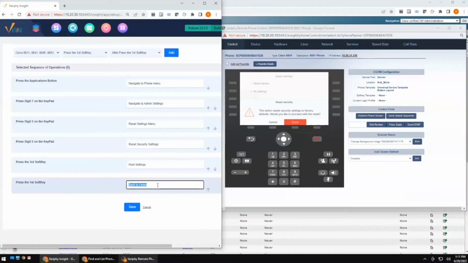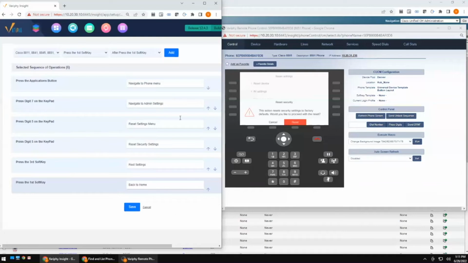Now, a great rule of thumb when you're running any macro, whether it be changing background images, deleting TFTP addresses, turning options on, or turning options off, is to add a pause between each one of these settings. Each phone reacts a little bit different. Newer model phones are usually pretty quick and responsive, as we saw on the right-hand side. Some of the older model phones take a little while for the menu screens to render, especially if you're doing things like background images. If you've got a ton of background images on your phone, you'll notice it takes a little while to render all of those images. So you're going to want to put pauses in between each one of these steps. Now, I could have done that as I was building these out, but I don't know.